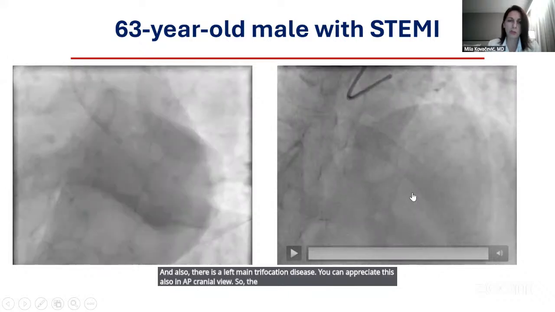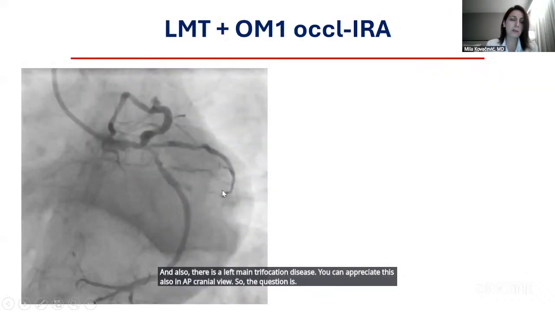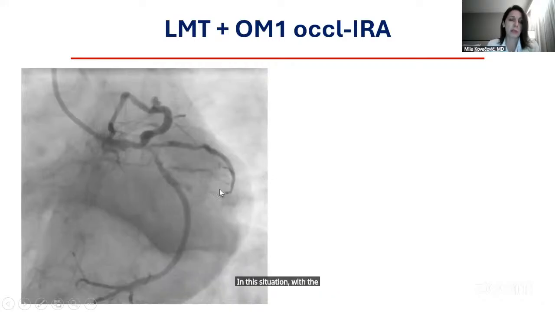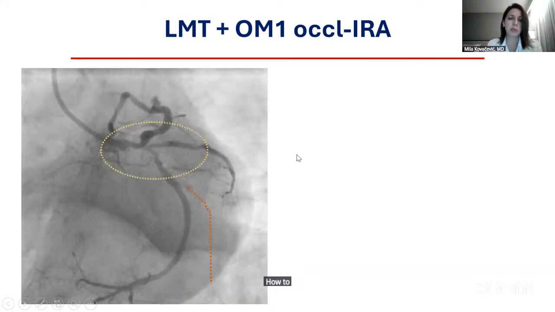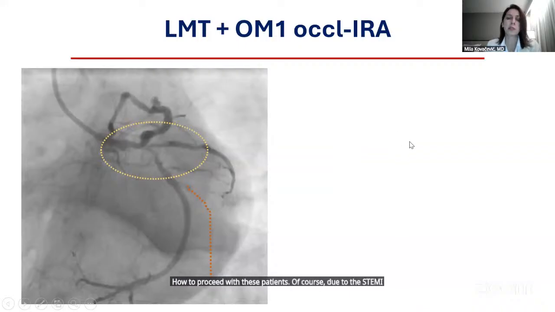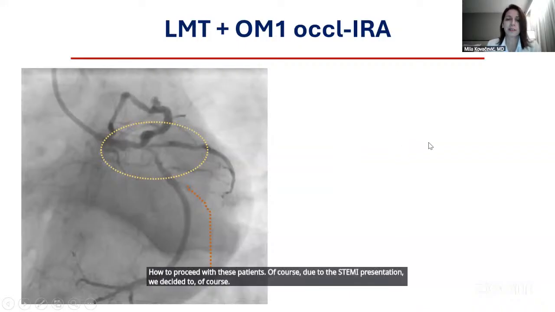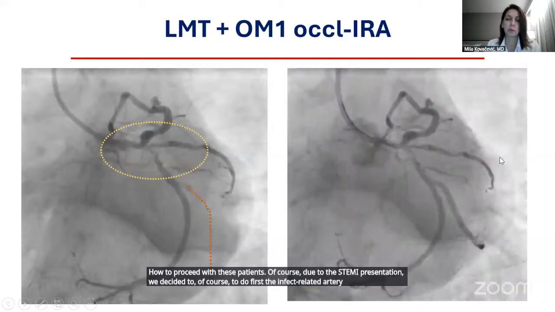So the question is, in this situation with the STEMI patient and occlusion of the obtuse marginal branch and left main trifurcation disease, how to proceed with these patients. Of course, due to the STEMI presentation, we decided to do the infarct-related artery first and to proceed with primary PCI, and we put one drug-eluting stent in the obtuse marginal branch. However,